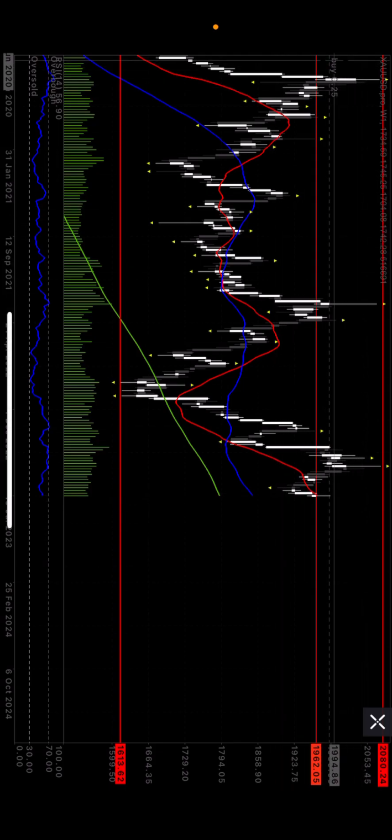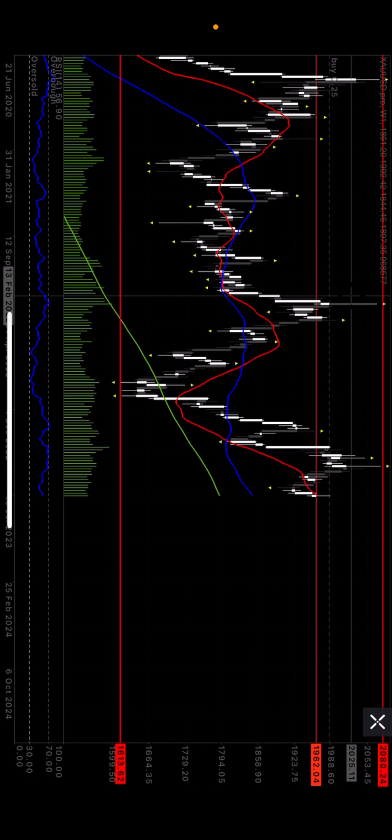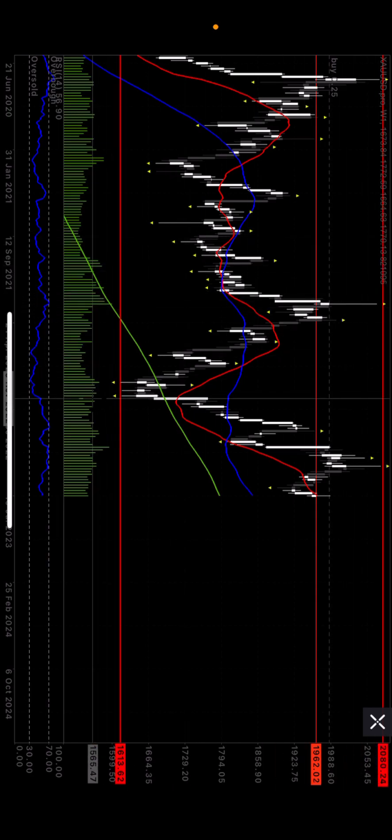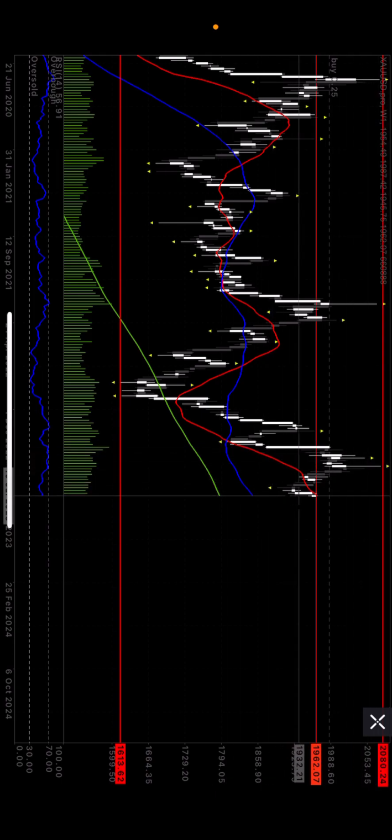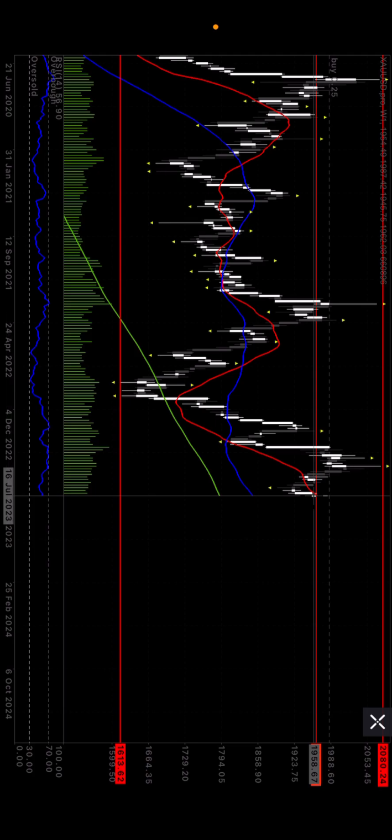However, we did dip, didn't go to our 1600. We came, touched it again, dipped all the way, found support. Came up, didn't fall all the way back down. Tapped our resistance again, didn't fall all the way back down. So if we can remain at around 1950 at our next half, we should make it to the next hole, which is 2000. And as long as we can close above 2,000 on Ethereum, we should then make more progress to the bullish